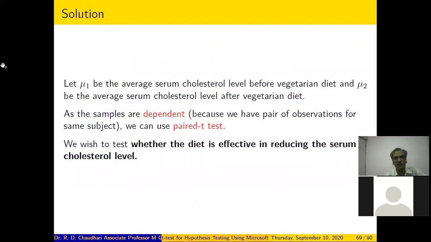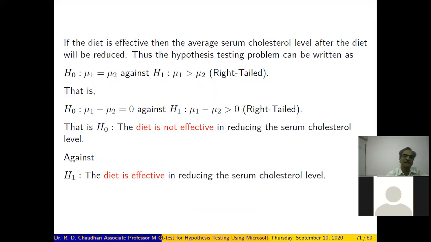So we have mu1 as the cholesterol level before the vegetarian diet and mu2 as the serum cholesterol level after adopting a vegetarian diet. If the diet is effective, then the average serum cholesterol level after the vegetarian diet will be reduced.